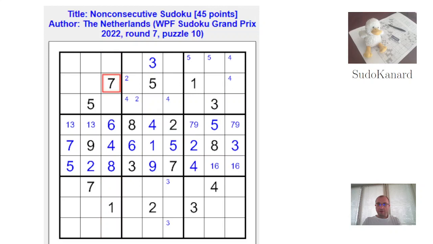2 is not next to the 1, so 2 in this column is here. So the other values are 3, 5, and 9. That's not a 9 because of the 8. So 2, those are not 5s, obviously, so they must be from 2, 3, and 9. So that's 2 or 9. And that's not a 3 either,